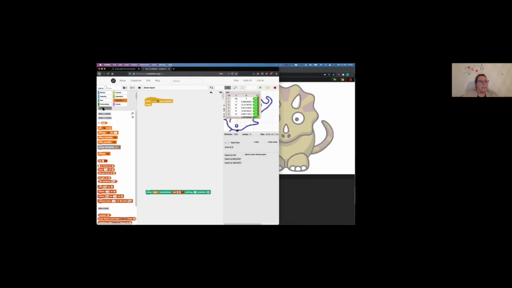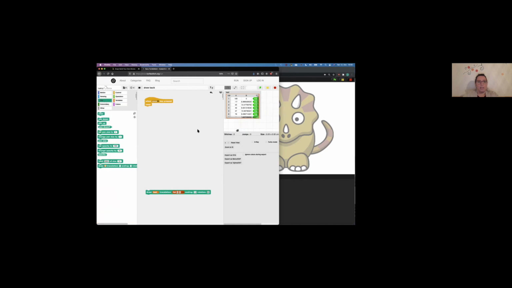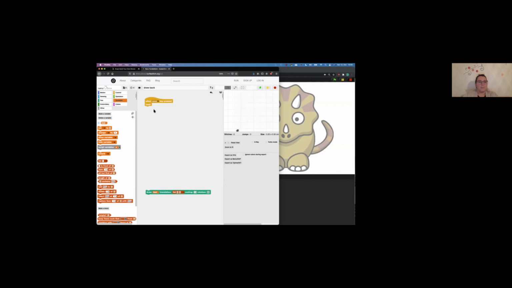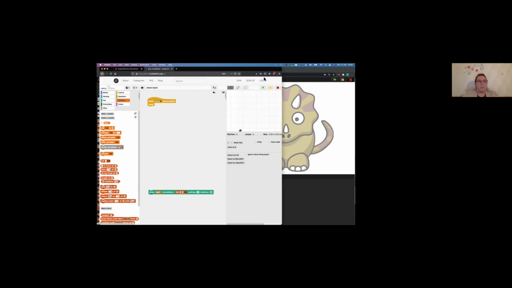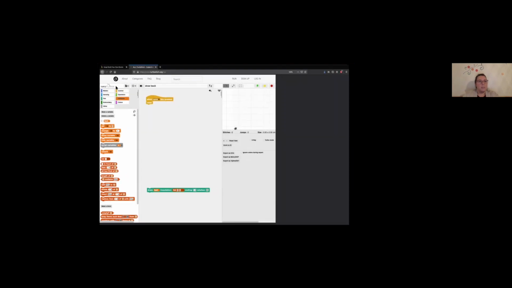So here's my Turtle Stitch window. Let me clear everything. I also prepared something already this morning. What we want to do now is import a list. Here I have one, which I call test, and this is the very list that we created. Here are our directions, here are our distances, and here's whether the pen is up or down. Now we want to reread that and draw it in Turtle Stitch. Let me make that full screen so we can see it better.